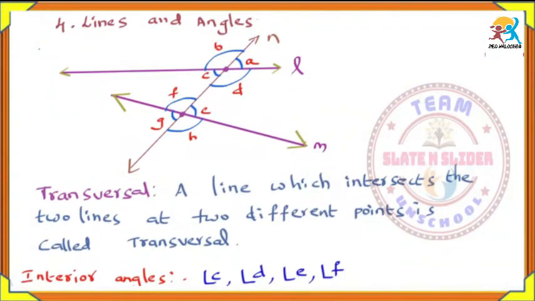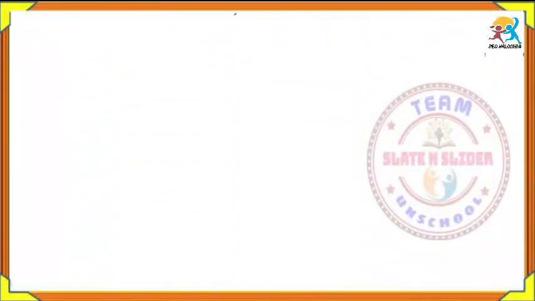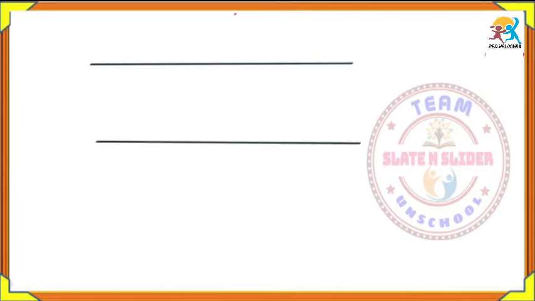And suppose here the lines L and M are not parallel. Suppose if these two lines L and M are parallel, then what will happen? We will go through that first. If the two lines L and M are parallel, then what will happen to the figure? There is no change in the figure, but there will be some change in the angles.